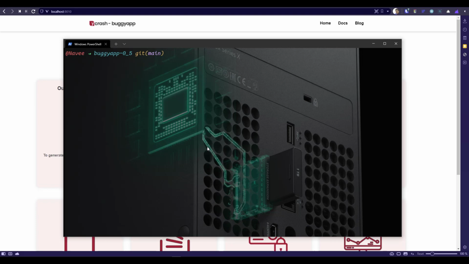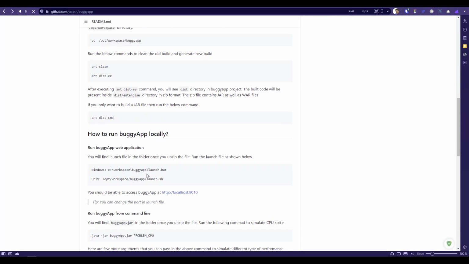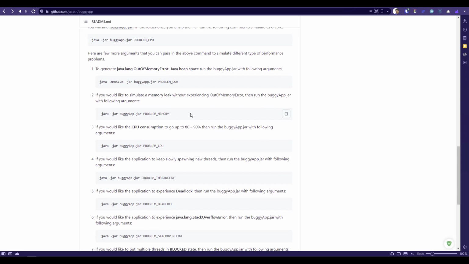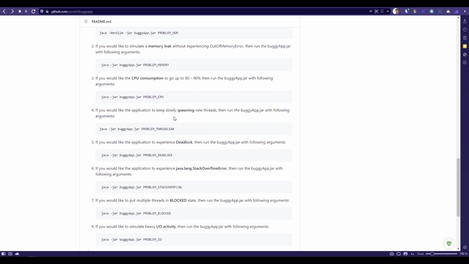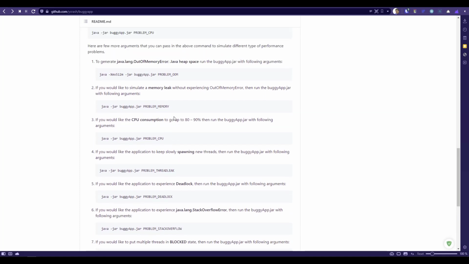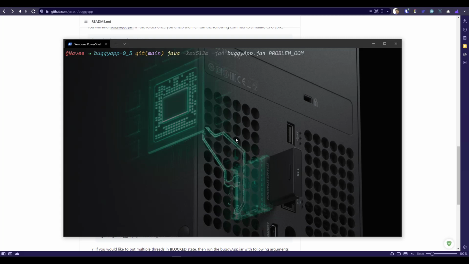So to use the jar file, you have to issue the command java -jar. Now if you go back to the GitHub repository, you can see the commands which will simulate the respective conditions. For example, if you want to simulate the CPU, you can enter the problem_CPU argument in your command. Similarly, you can simulate various use cases. So now just to demonstrate, we are going to simulate the problem underscore out of memory. So I'm going to copy this command and I'm going back to the terminal